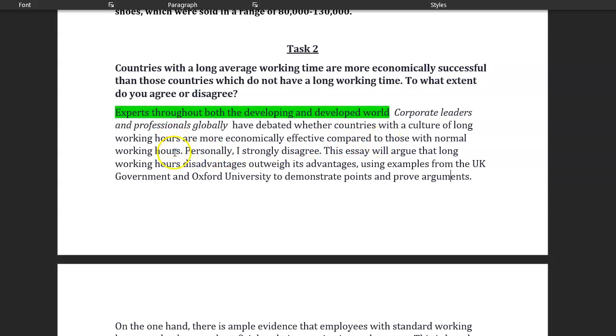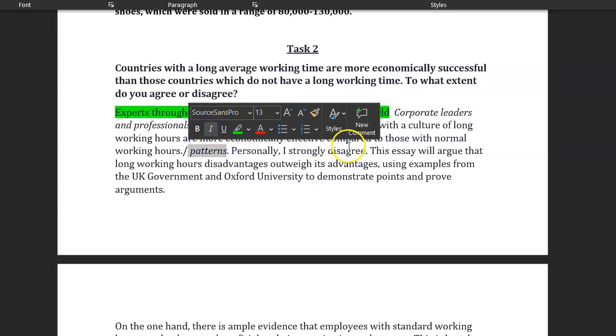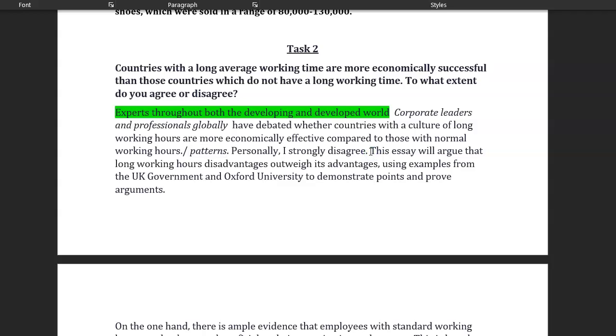Okay, we've got working hours quite a lot in here. Long working hours is okay. Those with normal patterns you could have. So don't repeat yourself. That's really important. Okay. Personally, I strongly disagree. Okay. Disagree with what? Okay. I strongly disagree